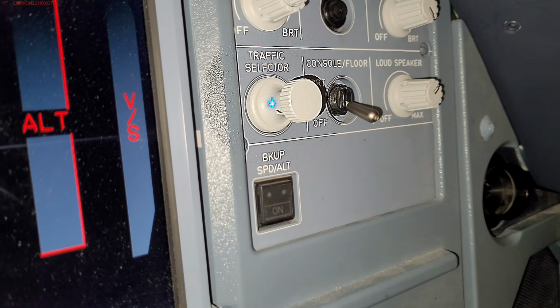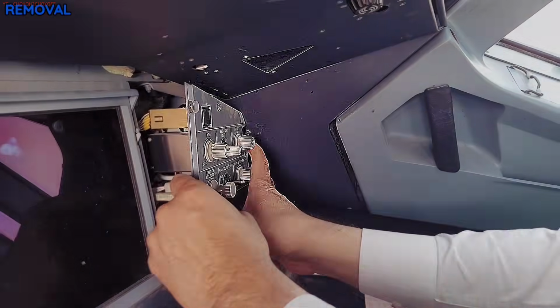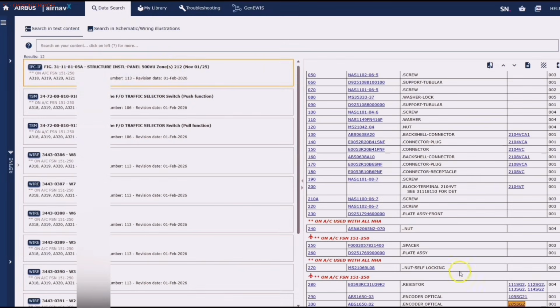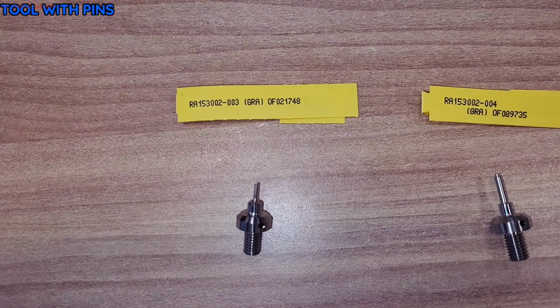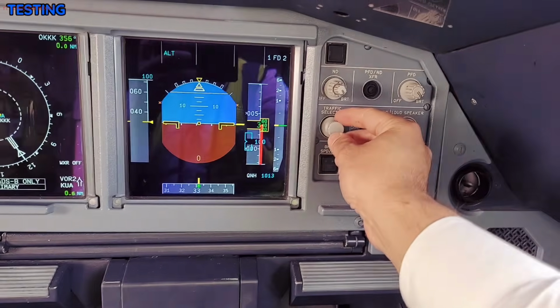Airbus A320 traffic selector knob. How is it actually replaced? In this video, you'll see the complete step-by-step process. From finding the correct part number using aircraft manuals, identifying the required tools, using special tools, to the final post-installation